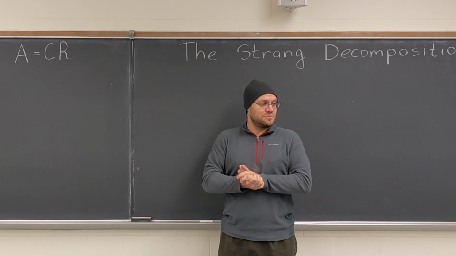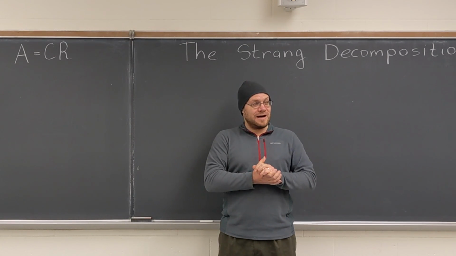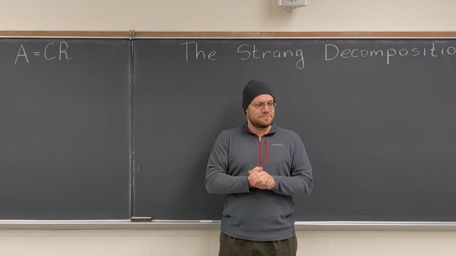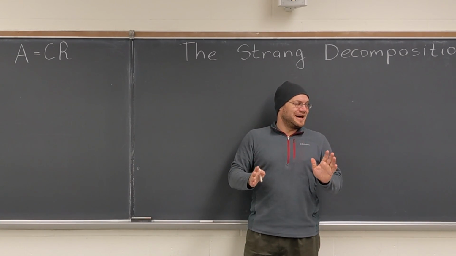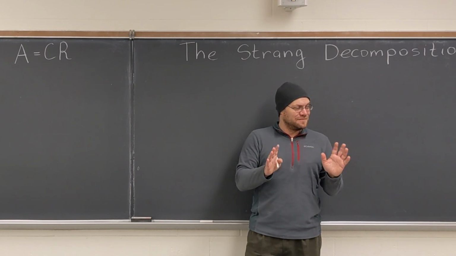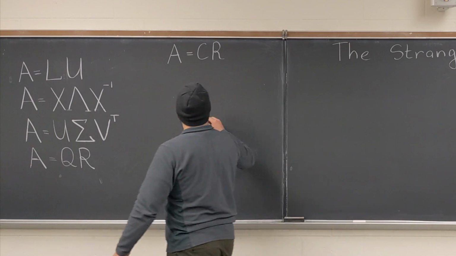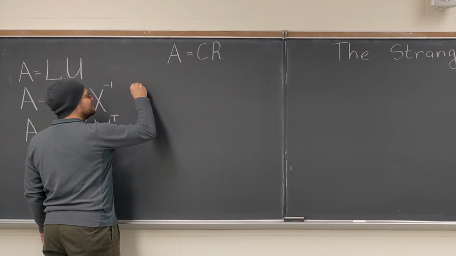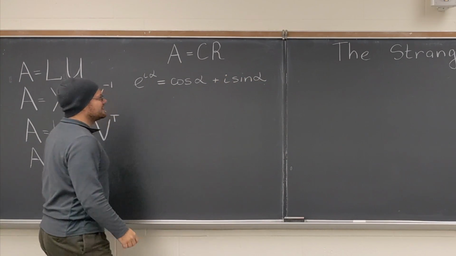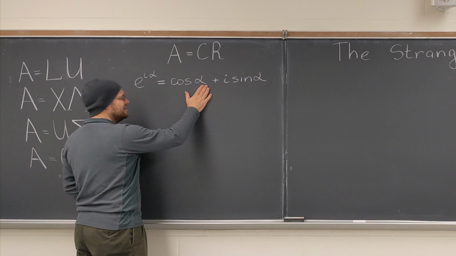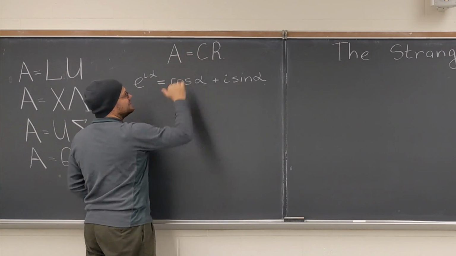If you think of Isaac Newton, you immediately think of F equals ma. When you think of Einstein, you immediately think of... how about Euler? Euler is known for a lot of things and lots of formulas, but there is one formula, actually there are many formulas that are called the Euler formula, but there's one in particular. I will actually write it down because I think there are some parallels. This belongs on the board in this lecture because you'll see some similarities between this formula and this decomposition.